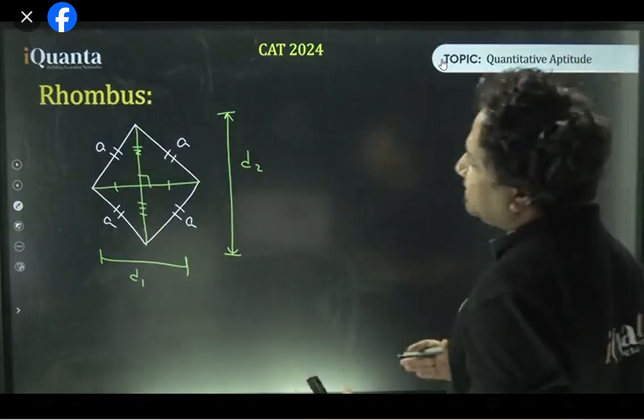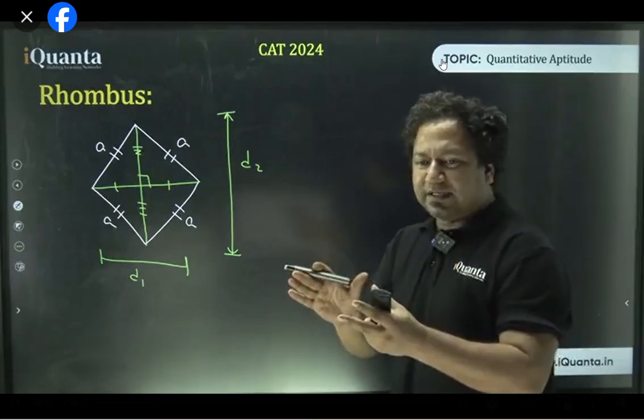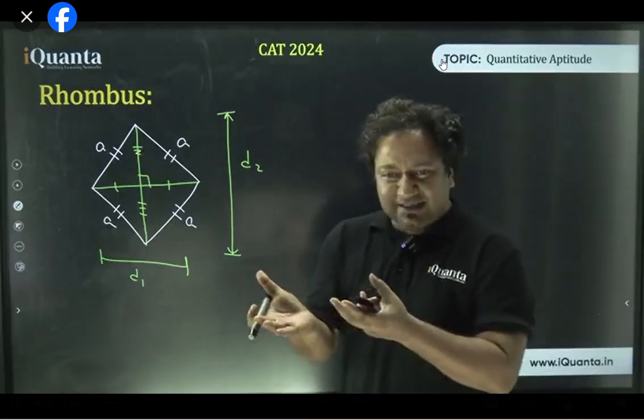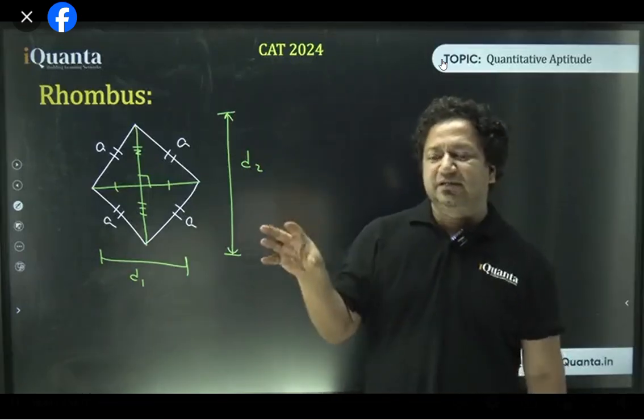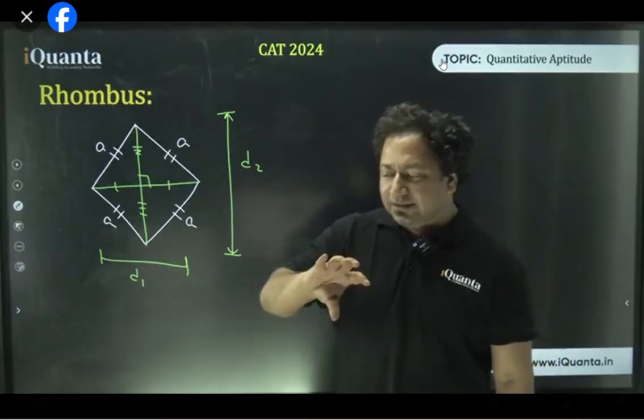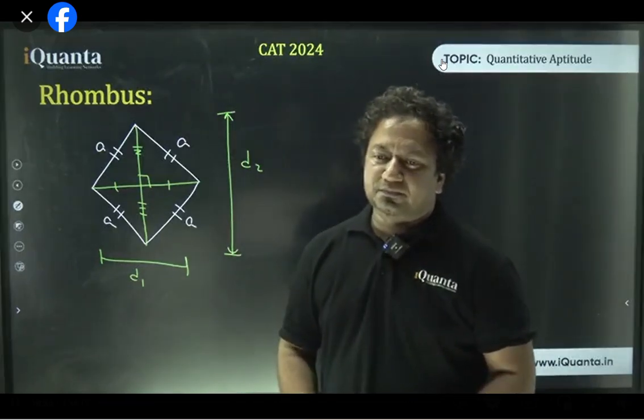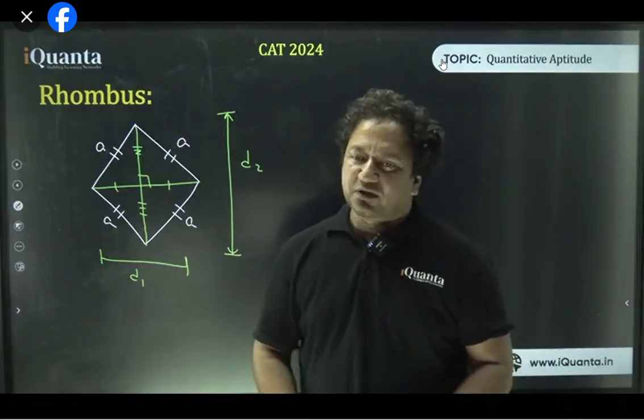तो now think about this. ऐसा लगता है कि rhombus है tilted square है. Can I say that? Rhombus is a tilted square, or vice versa. Square is a straightened rhombus. Can I say that? I'm repeating. Rhombus is a tilted square, and square is a straightened rhombus. बिल्कुल होगा अर्ची, वो हर जगह होगा.